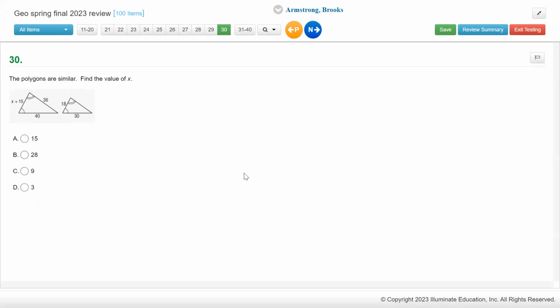Okay. So look at the triangle on the right where there's the 30. How do you go from the 30 to the 40 on the bottom? What would you multiply 30 by to get there? By a decimal or a fraction or whatever. If you can figure that out, the way to figure it out is to